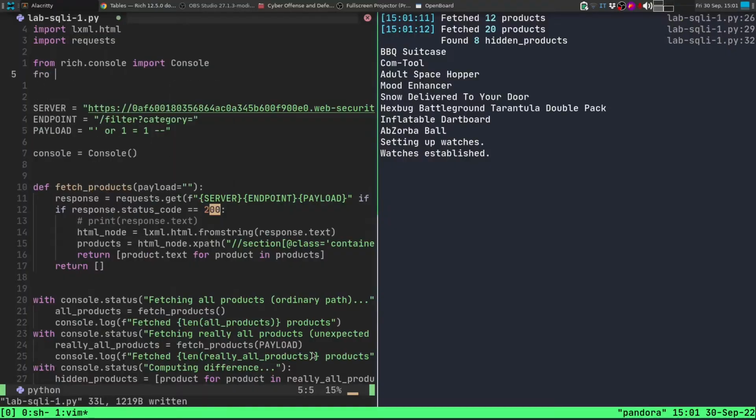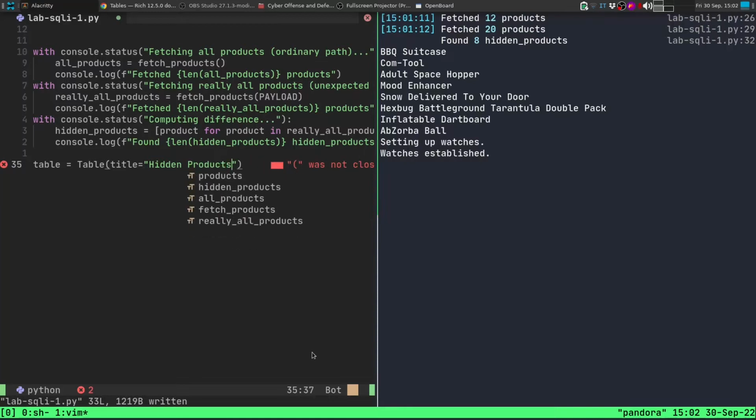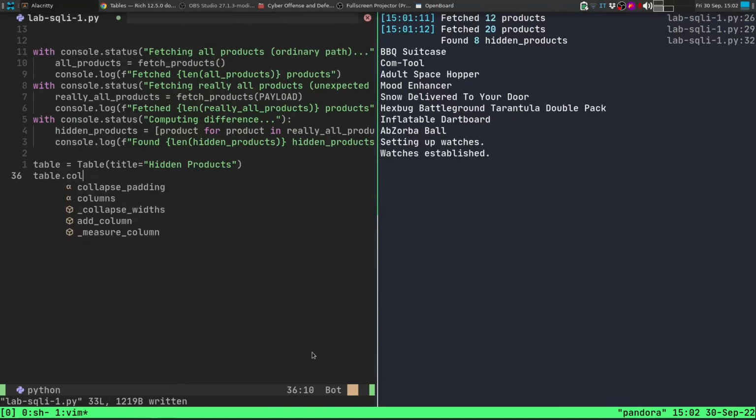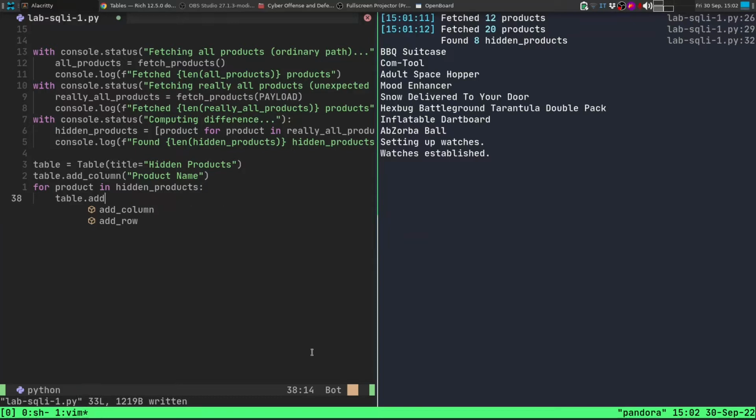What else can we do? From rich.table import Table. And now instead of printing just in the console, you can have table equals Table, then maybe you want to have a title like hidden products. Then the table is made of columns and rows, so specify the columns, add column, and let's say it's the product name, and then for product in hidden products, table.add_row,